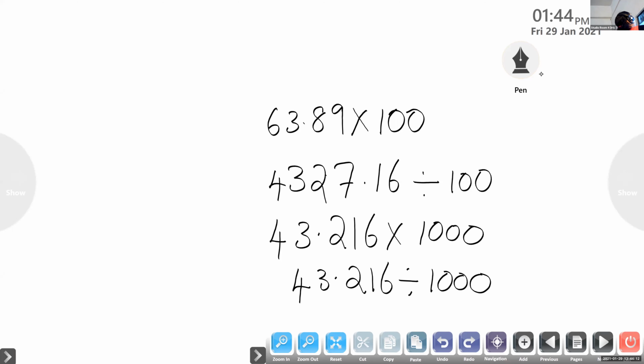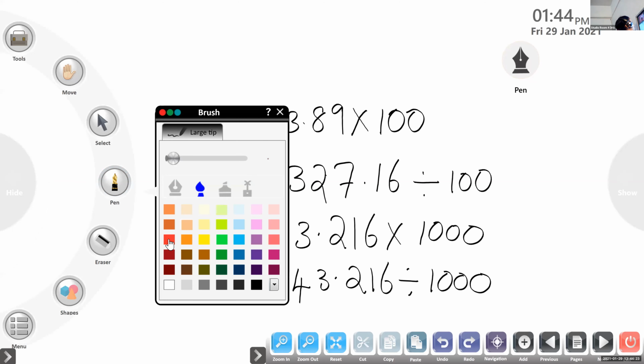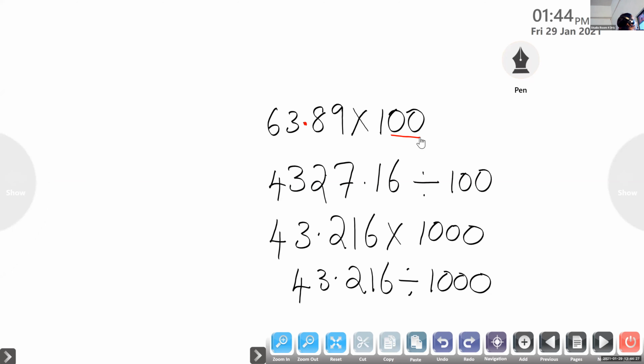Okay, Rohit, can we start the answers? Children, when you finish, please check whether you got the correct answer. Yes, Rohit. 63.89 into 100. First question is, the decimal point is here. Here 2 zeros. Tell me the answer. Which place do you have to move? Two digits. Okay. Which side? When you multiply, look here, multiply.